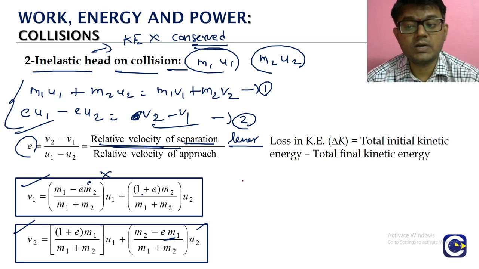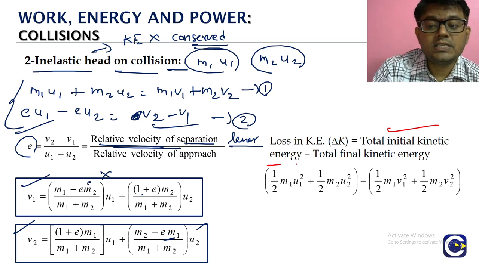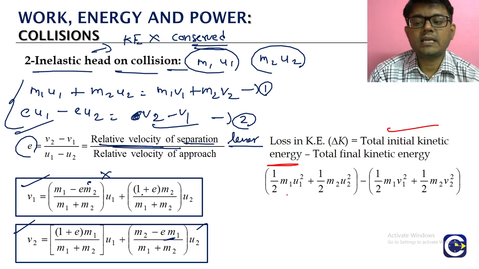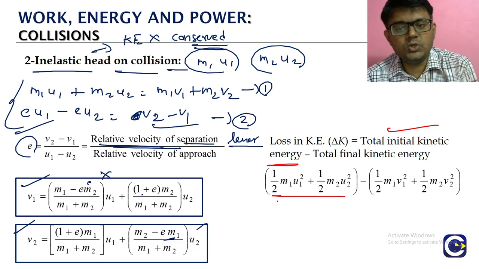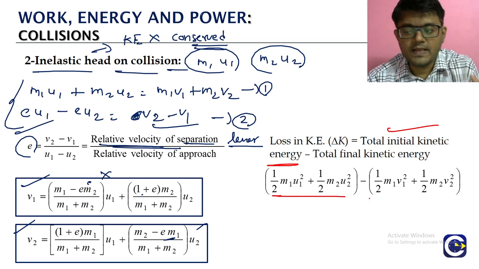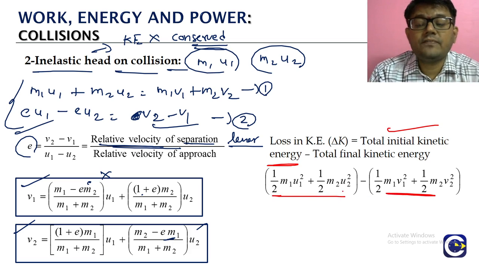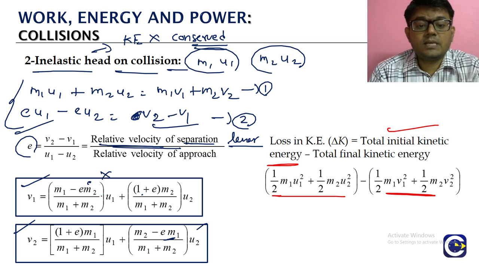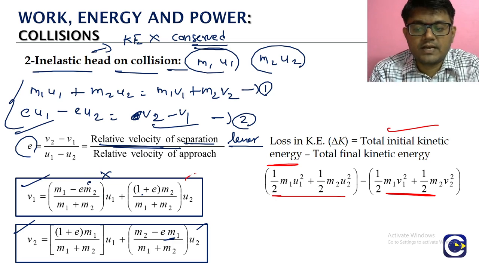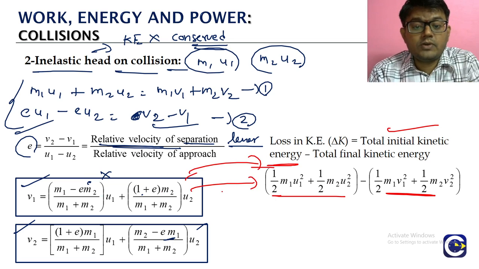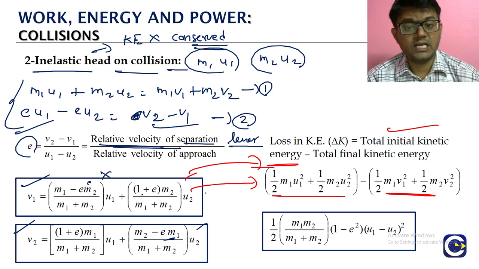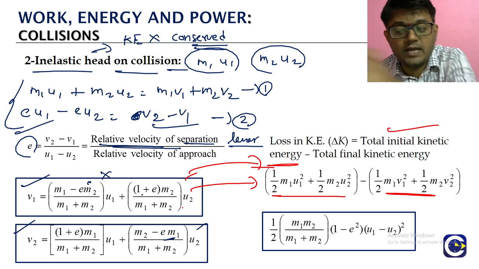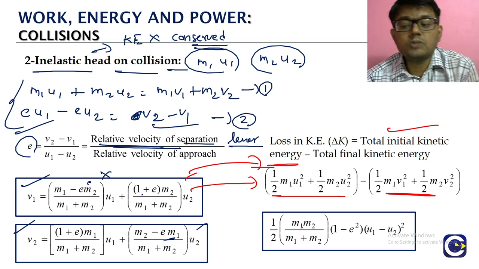Loss of kinetic energy சொன்னா what is it, the initial total kinetic energy ஓட value minus final kinetic energy. அதுதானா, so initial kinetic energy சொன்னா what is it, half m1 u1 square plus half m2 u2 square. Final kinetic energy means what, half m1 v1 square plus half m2 v2 square. So either if you are substituting this v1 and v2 value, இங்கல இருந்து அந்த v1 and v2 எடுத்து நீங்க substitute பண்ணா we are going to get a simplified expression. இதுவே நம்ம derive பண்ண போறது கிடையாது, just we can look at it like a result. இது எப்படி வருது, இங்கல இருந்து அந்த v1 and v2 value எடுத்துட்டு we have to substitute பண்ணா final expression என்ன வருது